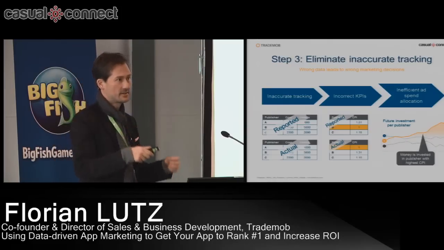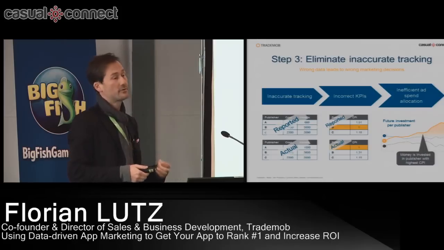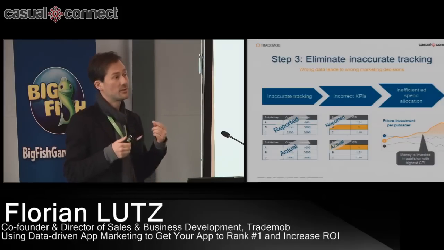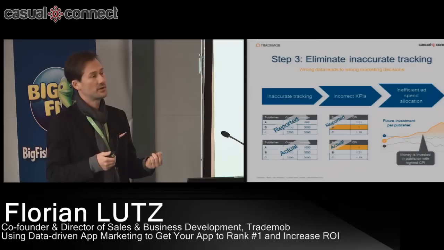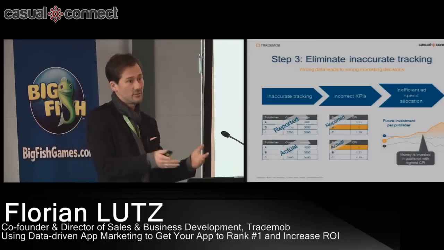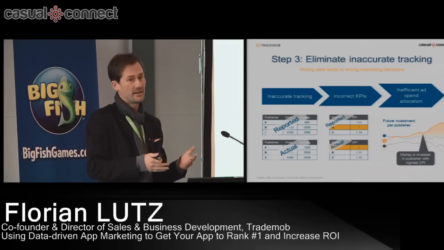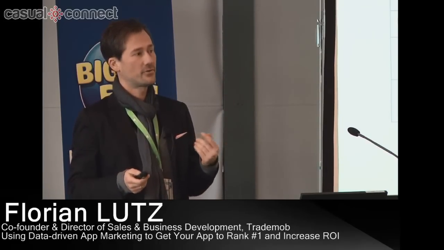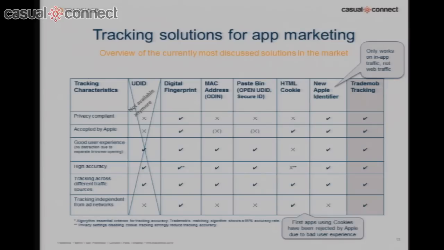If you have a single tracking SDK that tracks everything for you, things are not only much easier, but they're also much more accurate. And in order to really improve your campaign, in order to use the data that you're generating from tracking, you will need to be accurate, or else you will make the wrong allocations and the wrong marketing decisions, which is obviously not good. So, introducing the different types of tracking technologies, there's obviously 3 or 4 major types of tracking. Same with buying traffic.